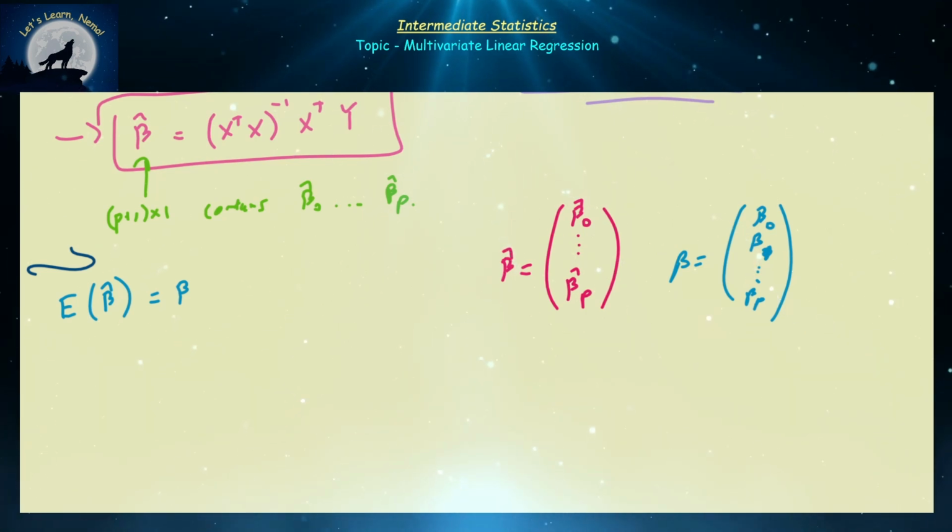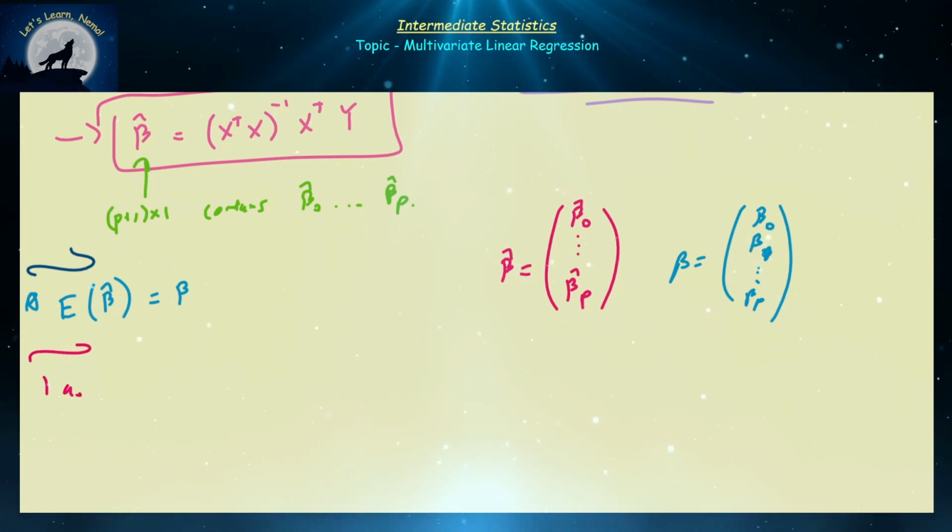So that's the expected value of beta hat, which implies that beta hat is an unbiased estimator of beta. So that's the first thing that's very important. But keep in mind, just because it's an unbiased estimator doesn't mean it has error associated to it. Keep in mind, one of the assumptions